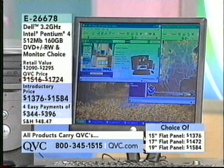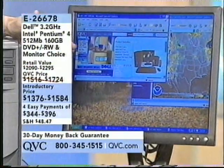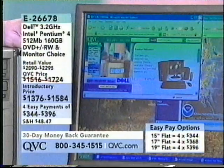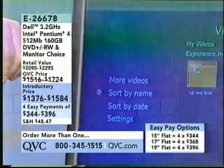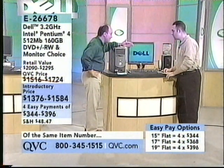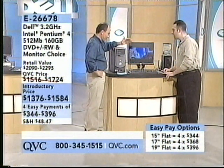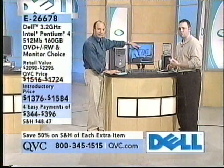Now, what kind of a graphics card? We got a really great graphics card here, don't we? Right, the graphics card, and you can see, Dan, the video as it streams in. I'll pull up one for you right here. It's 128 megabytes. It's called PCI Express, the ATI Radeon X300 SE graphics card. Right. And it's going to give you a lot of memory. It is a lot of memory. So you're going to get a really crisp, quick